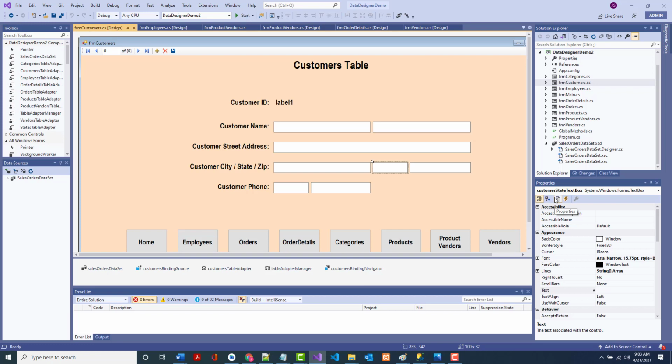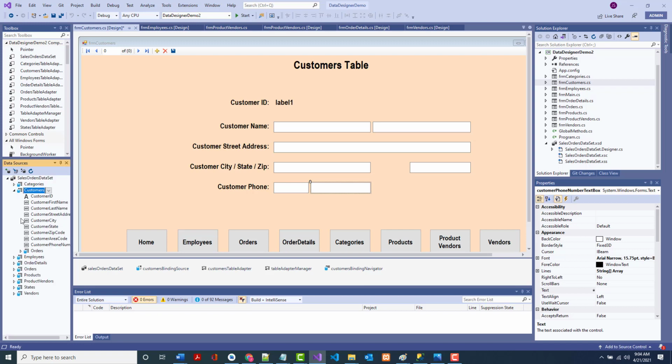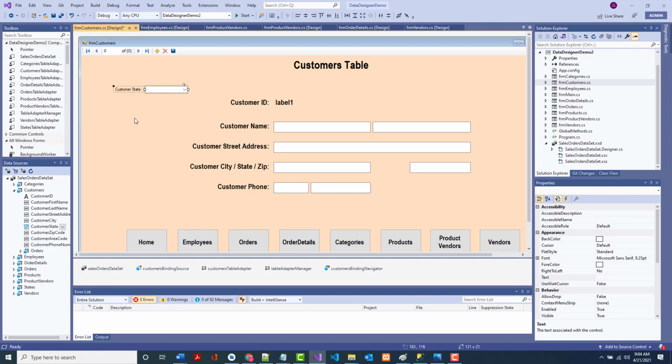You'll notice when you look over here, customer state text box. I don't want that because I don't want a text box. So again, just as we did previously, I'm highlighting it. I'm hitting the delete key. I'm going down to here. I want to find my customers. I want to find my customer state. Click on it, click the down arrow and choose combo box, then drag it out, remove the label,